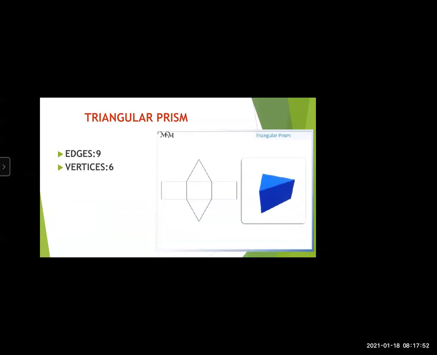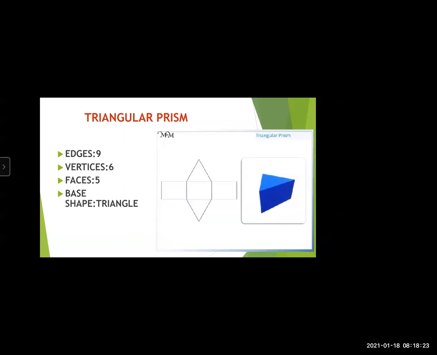It has 6 vertices. Faces. It has 5 faces. And base shape is triangle. So in triangular prism, we can see that it has 9 edges, 6 vertices, 5 faces, and the base shape